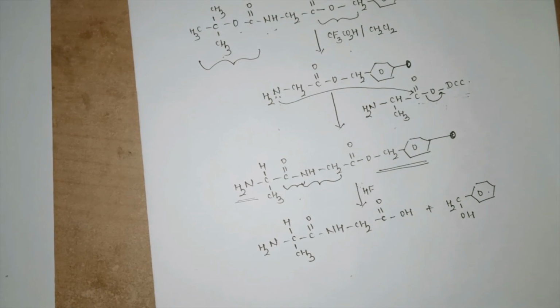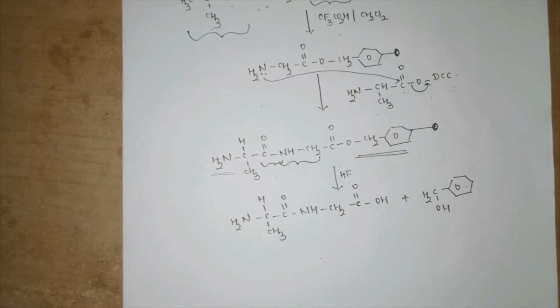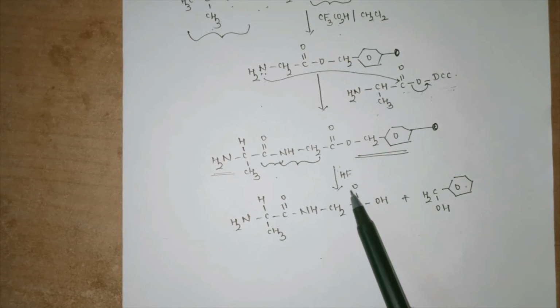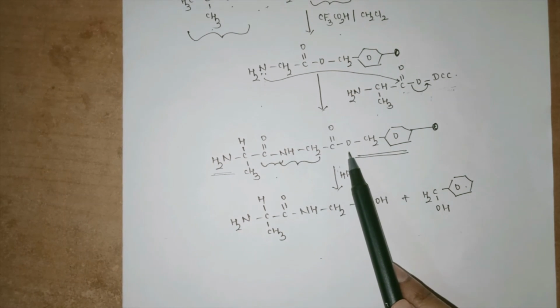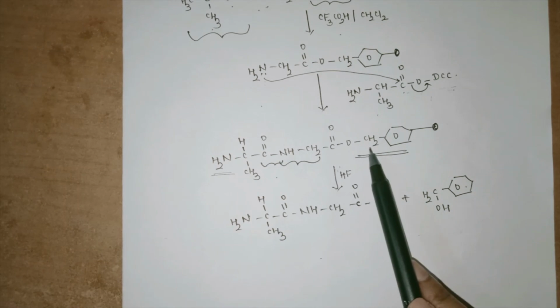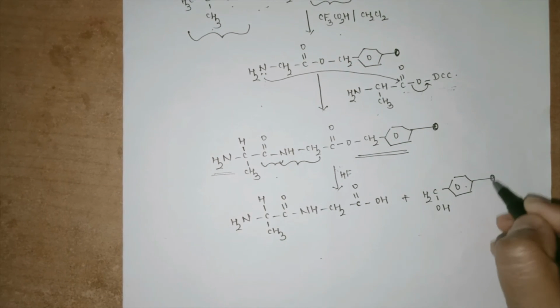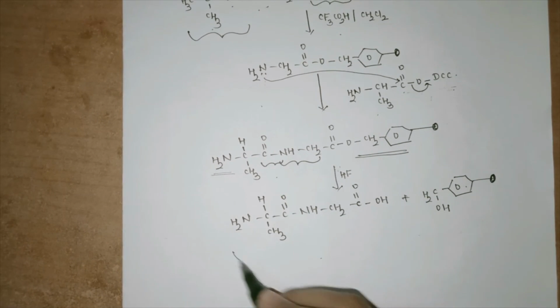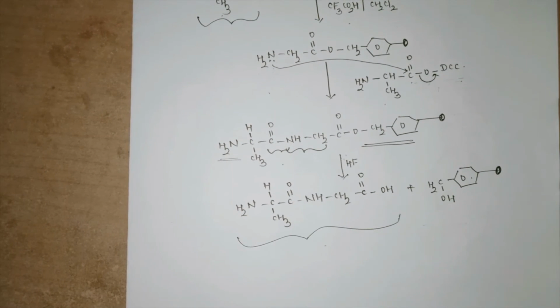So we will be getting a CH2OH system, so that a benzyl alcohol can be released out. This happens because HF is in the presence of a hydrolytic condition. One proton is given over here, that is HF, one proton is given here under the hydrolytic condition CH2, and CH2 is converted to OH. There is a resin. Now this is a free resin and this is a free monopeptide that has been formed. So in this way there is no need of n number of purification in this particular process.